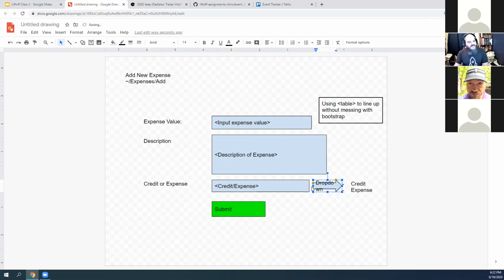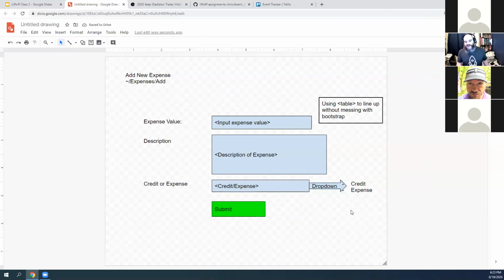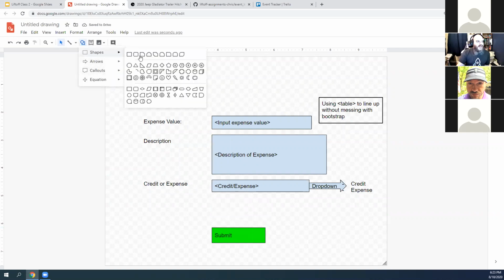If you want to not confuse yourself like I just did, you can write dropdown on your arrow. So it's called out and says, hey, we're going to put a dropdown here with this stuff in it. Dropdown, how would you specify the difference between dropdowns or radios? Pretty easy. I would go in, and if I'm doing something like this,